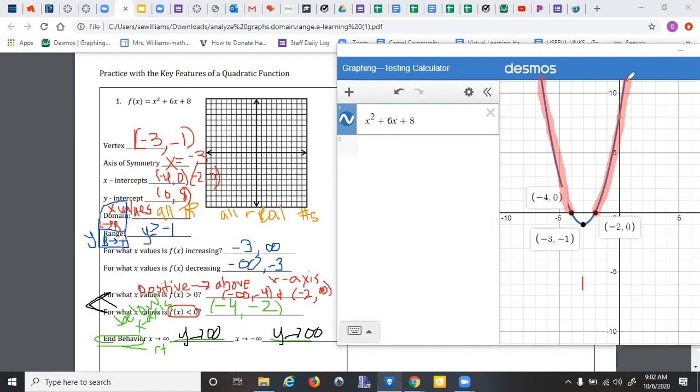So the way that we write that is we say from negative infinity. The reason we're calling that negative infinity is because it says for what x values, and x is going to negative infinity on this side. So that's why we're calling this negative infinity. And then it stops at negative 4. So we wrote negative infinity to negative 4. Then for this section,